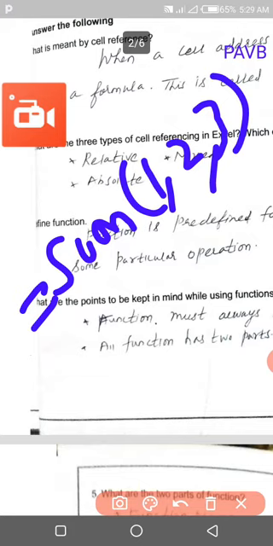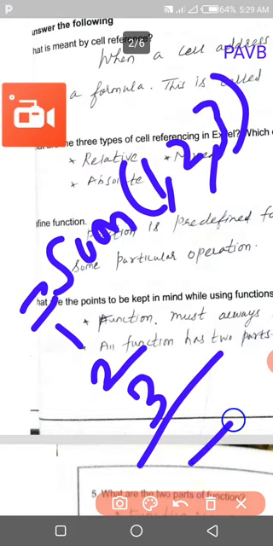What is the answer? 1 plus 2 plus 3. We have to add this. 3 plus 2 is 5, 5 plus 1 is 6. What is the given function? Sum function. Sum means what? We have to add the arguments inside. What is given in the bracket? Numbers, we have to add them. 1 plus 2 plus 3. The result will be 6.